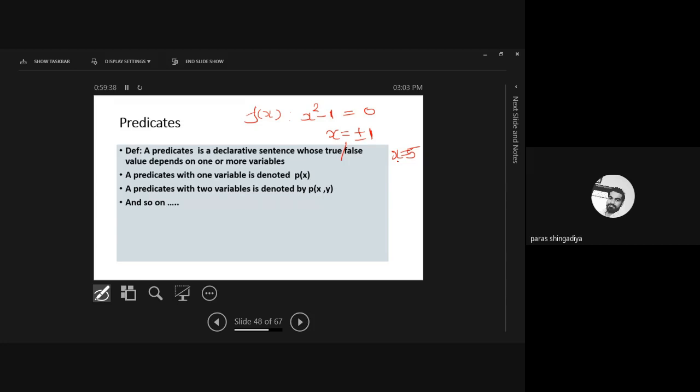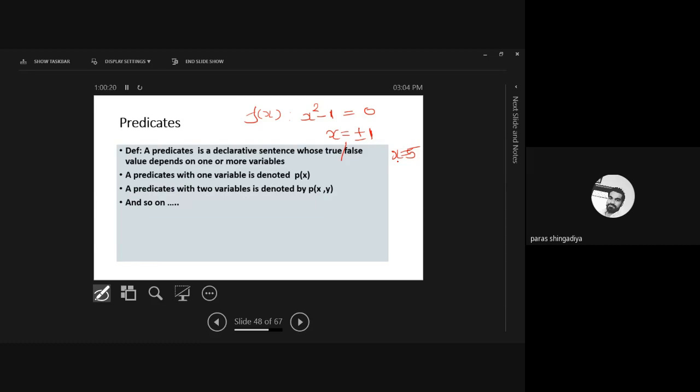And that is now called a predicate. And x equal to 5, 6, 7, 8, 9, minus 1, minus 2, minus 12, 11, any value except plus or minus 1 will represent the false value for that equation. So that is called a predicate now. If we consider a truth value for the given data, then it is called a predicate. Clear? If we solve the equation, then it is called the function. If we consider truth value as T and F cases, for which value the function is T and for which value the function is F, and we use this data in our example, then it is called the predicate.